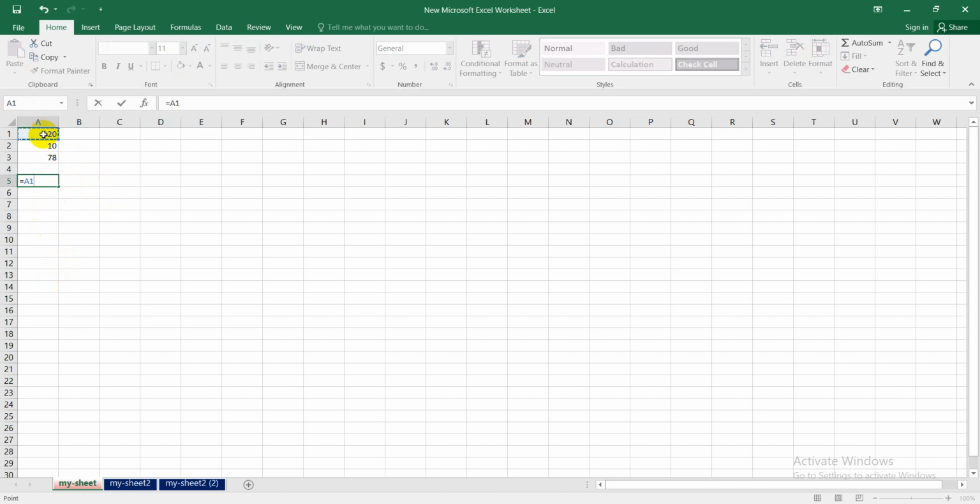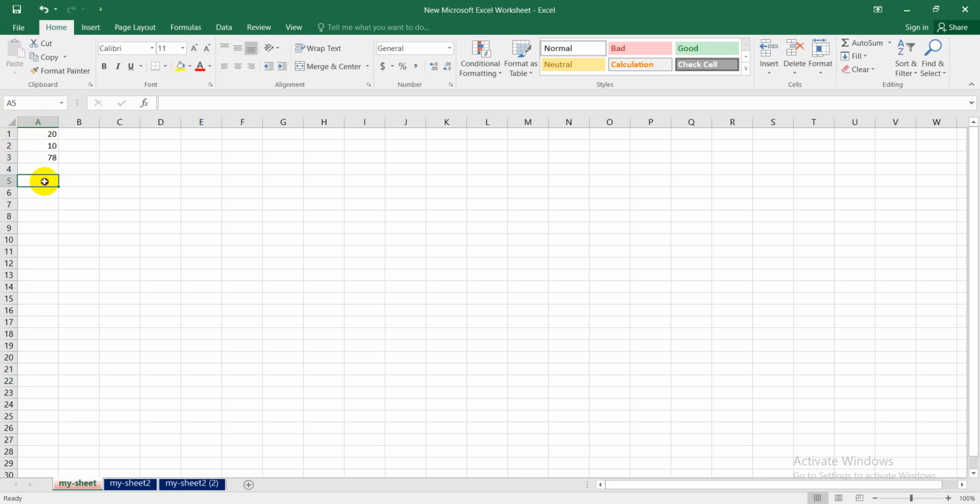So I need to add the cell A1, or the data inside the cell address A1, plus the data inside the cell A2. And now I can click enter. So the data inside A1 plus the data inside A2 will be equal to